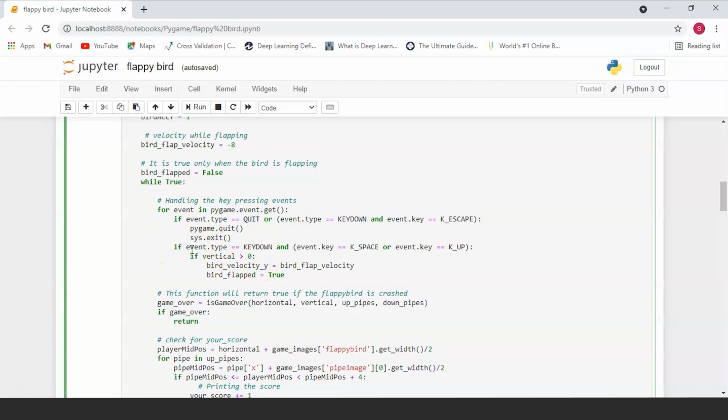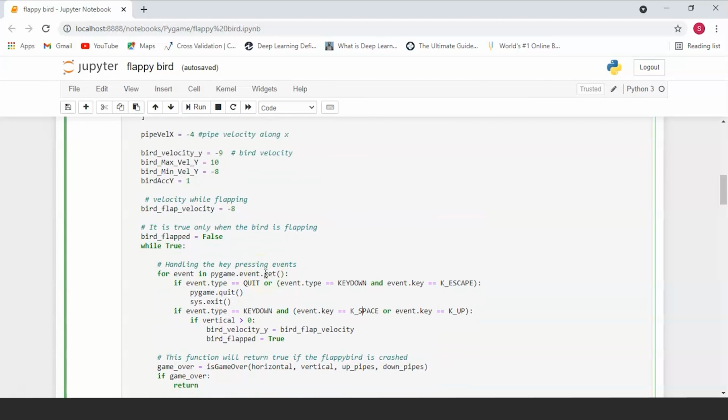Now if your event.type is equal to KEYDOWN and your event.key is equal to K_SPACE or K_UP, this is basically what you're going to be using to make sure that your bird is moving. There are two main keys which are going to be coming into play over here. You can press the key down as well as the space key, or the key down and the up key. So over here, this is going to move your bird vertically, and it's also going to make sure that your bird flaps its wings, which is where the bird velocity, which are all these parameters, will come into play.